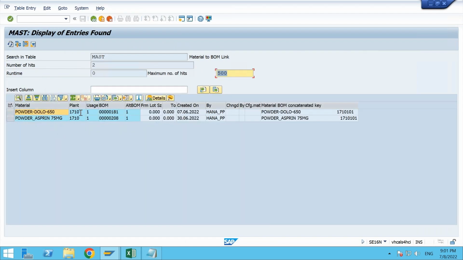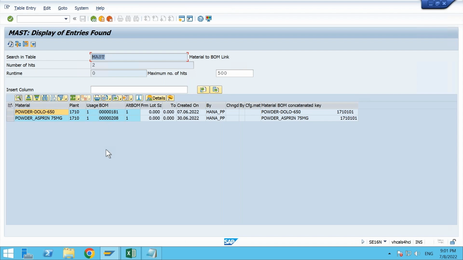When I have given powder star, that means all the materials which start with powder will show up, and I can see the BOM ID. So it's not giving me the information for the BOM, but this is my first step towards finding the